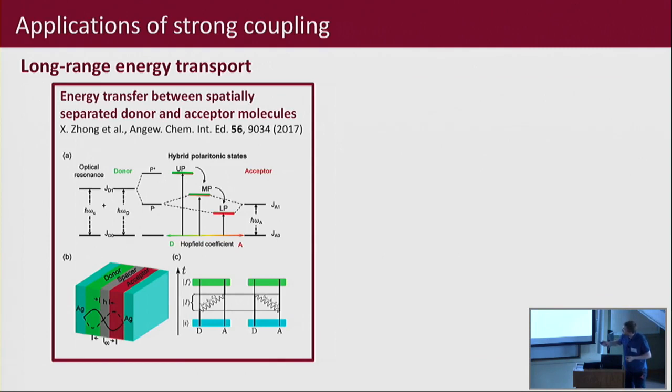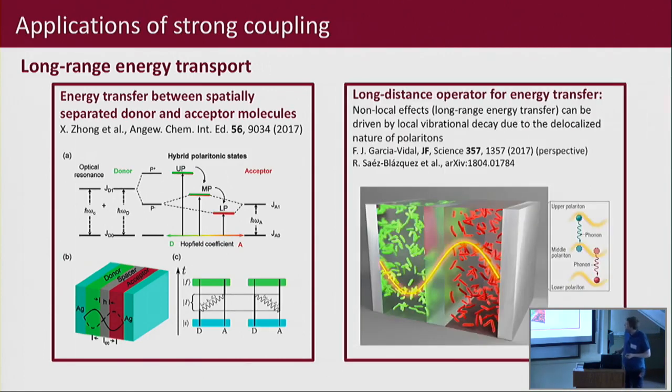And so what they see here is that now if you pump the upper polariton, you see quite strong emission from the lower polariton, basically meaning you pump the donors and you see strong emission from the acceptors. So you get energy transfer from donor to acceptor molecules over a length scale of 200 nanometers or something like that. And interestingly, we've worked on this theoretically in the last year, and what we found is that really this